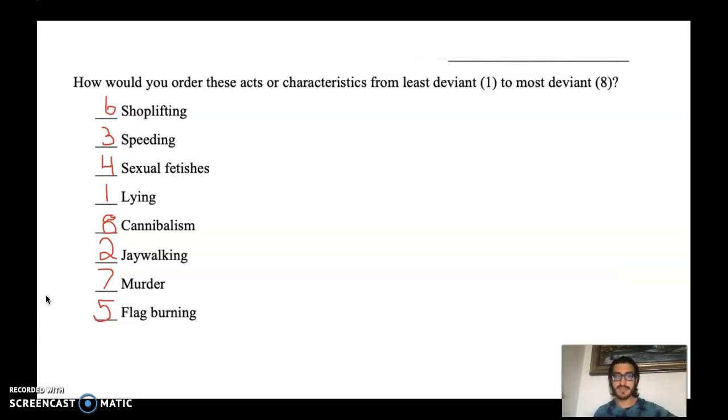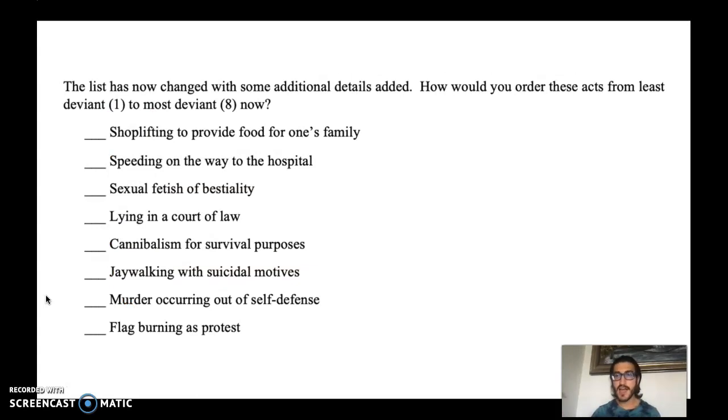So you can see I ranked the least deviant as lying, then jaywalking, 3rd speeding, 4th sexual fetishes, 5th flag burning, 6th shoplifting, 7 murder, and 8 cannibalism, right? And again, this really is going to be dependent on your individual socialization, but for the most part, you probably have a list that's ranked similarly to mine because we are socialized in the same society. We've been taught the same values and beliefs as an American culture as to what is good normative behavior and bad deviant behavior, right? So keep that in mind, but now consider how you might rank these same behaviors differently